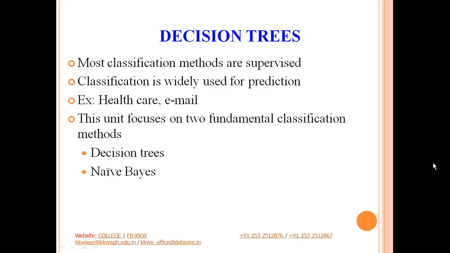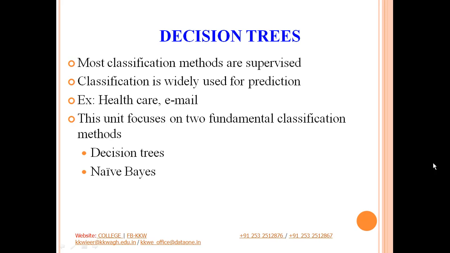As a few examples, we can consider a healthcare application wherein we have data of different patients, and depending on the symptoms of the patients, we should be able to predict whether the person is diabetic or not, or maybe COVID positive or not, for that matter. Another example that we can consider is email. We all have been using emails. So depending on the data set that is available to us, maybe our classifier is able to predict whether a particular email received belongs to the junk category or not. So these are a few examples of classification.